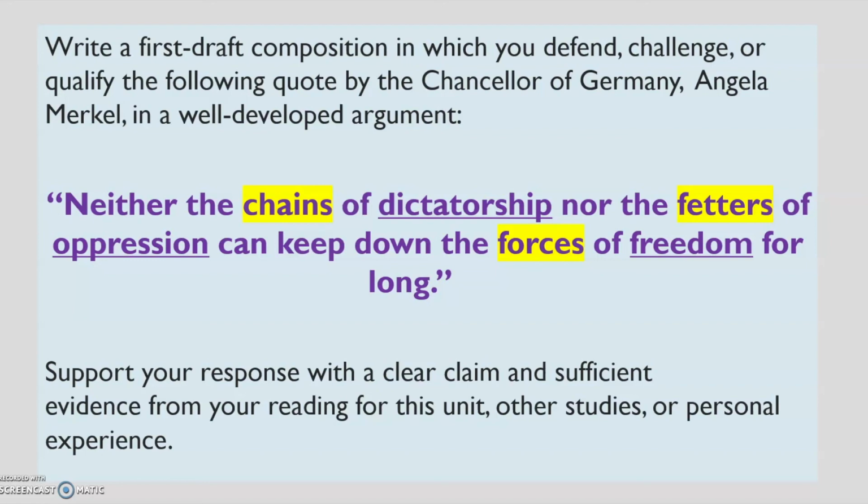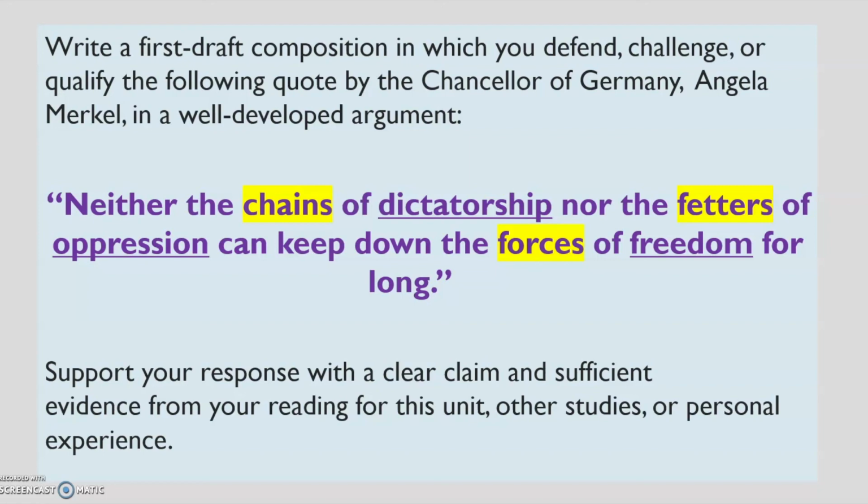I'll start by underlining the words from this quote that clue me into the topic and the position she is taking. I notice dictatorship, oppression, and freedom. So what is she saying about each of these topics? Well, I noticed that in reference to dictatorship, she uses the term chain. Dictatorship can be constricting, binding, not allowing individuals to express their beliefs and opinions. She uses the term fetters in